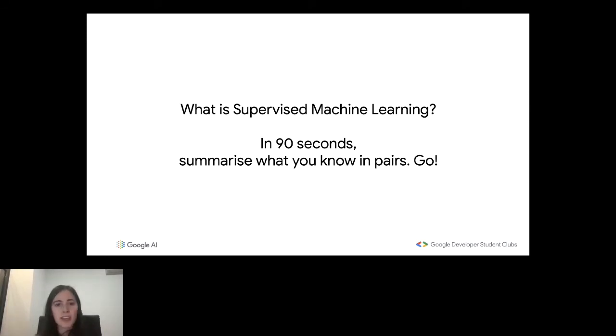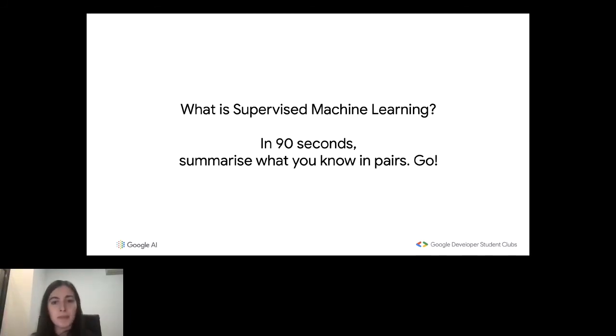So let's think of examples. We have examples in our daily life. For example, we receive an email which could be spam or not spam. What we can do is actually build a machine learning system which distinguishes between an email which is spam or not spam. What we can do is teach a model to learn the distinction, having looked at some examples. So an example would be an email with a label which is spam or not spam.